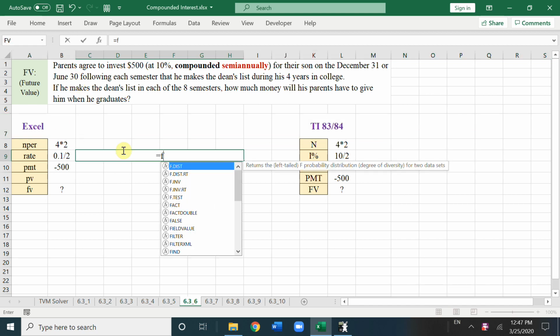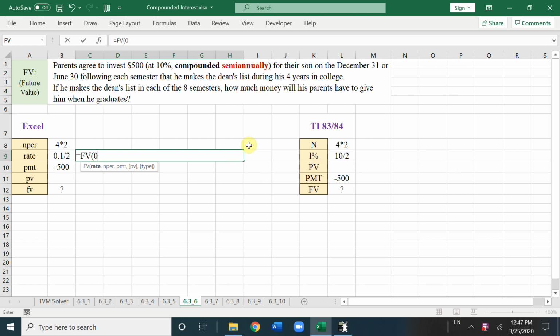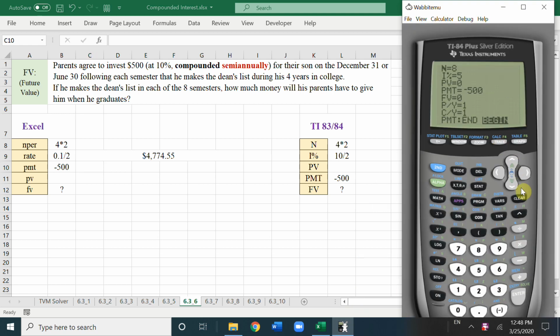So equals FV, rate is 0.1 divided by 2, NPER is 4 times 2, payment negative 500, and you don't need to type the PV since it's not given, because the default is 0 for end of period payments, so you directly hit enter. And for the calculator, we also need to change it back to the end, so choose end, enter, then go back and cover this FV 0,